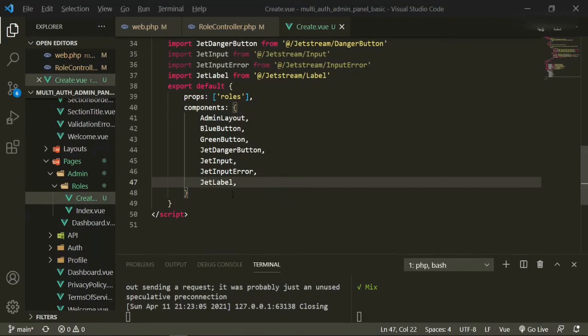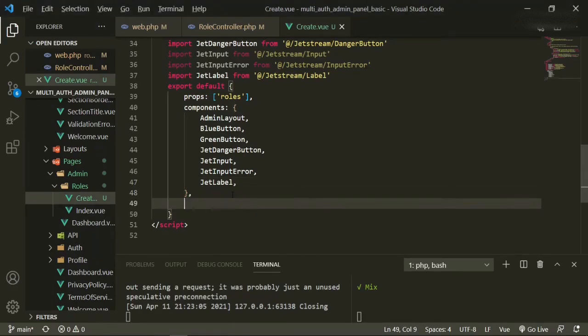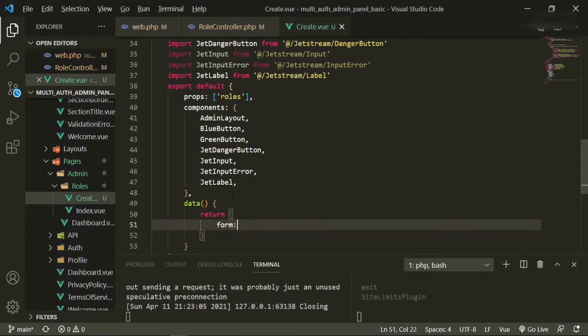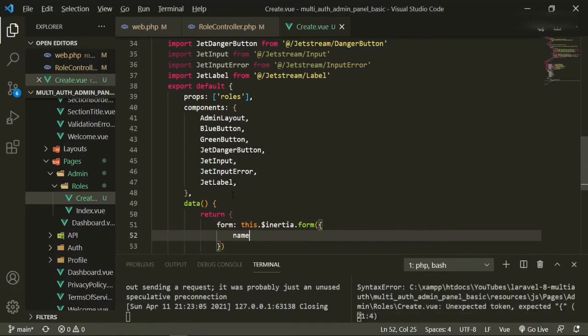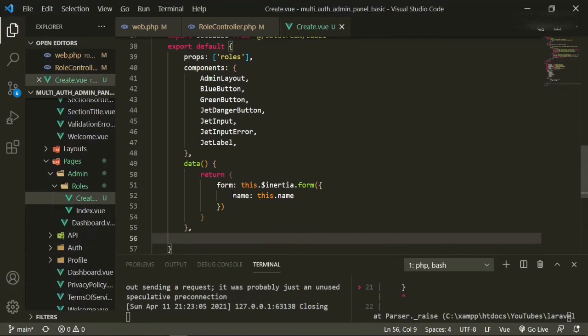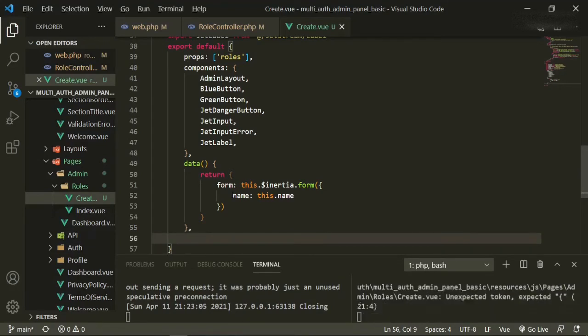So now under components, we can go ahead and add a data section. Okay, return. And then it'll be form, this.$inertia.form. And then the only thing we need in here is name and this.name. Okay, and if we add our method, we'll go ahead and do it in the background, in the back end in a second, but let's just do it here for now.